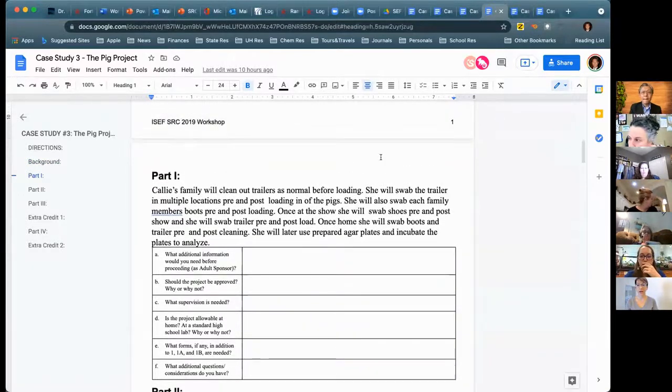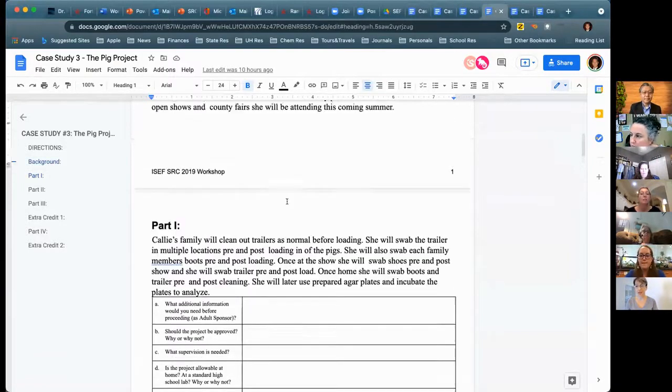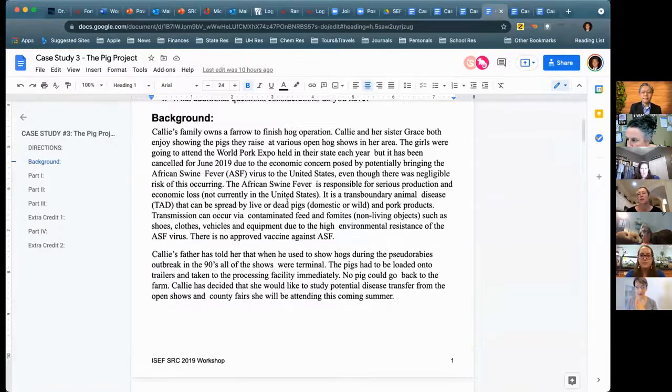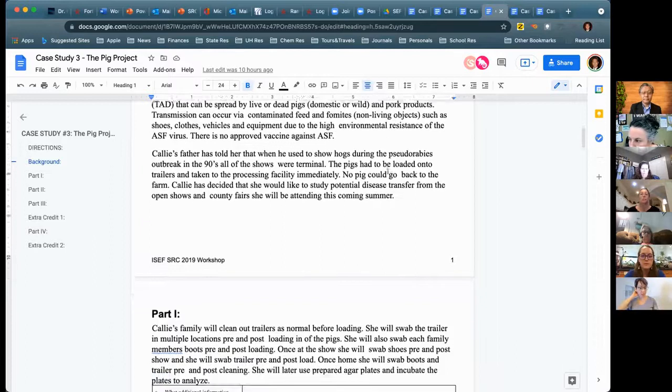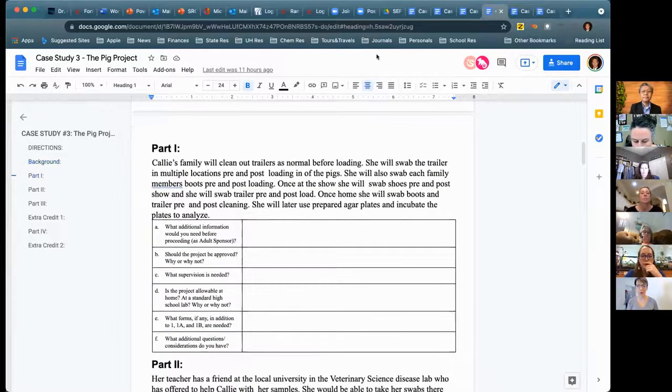Okay, perfect. So essentially, the student works with her family at a pig farm, and there is a certain virus called African swine fever, and that's a transboundary animal disease. So she wanted to swab their boots before and after, and then she wanted to swab the trailer before and after to see if it was going to transfer. And we basically said that we needed a whole lot more information because we don't know if this is a BSL level 1 or 2. If it's 1, it would have to be done at the high school, but more than likely it would be a 2, 3, or 4. So if it was a 2, she could do it at a research facility, but